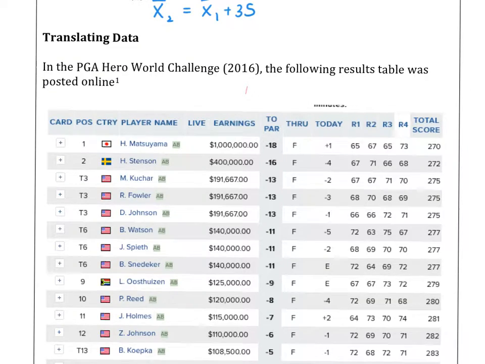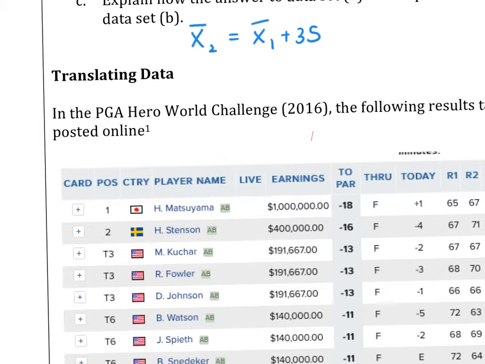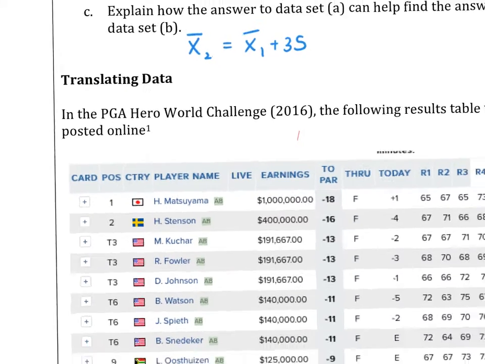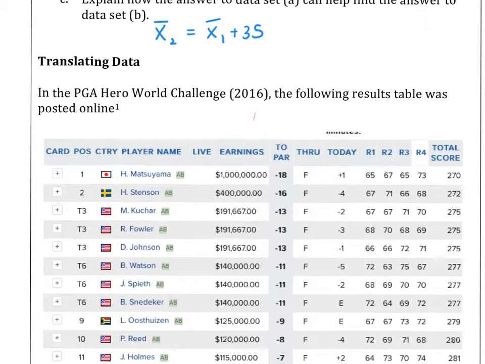So what we're going to do today is look at data being translated. Here's one application, whether you like golf or not, at least we can begin to understand a little bit. This is actually data from just a couple days ago, the PGA Hero World Challenge. And look at this guy from Japan,